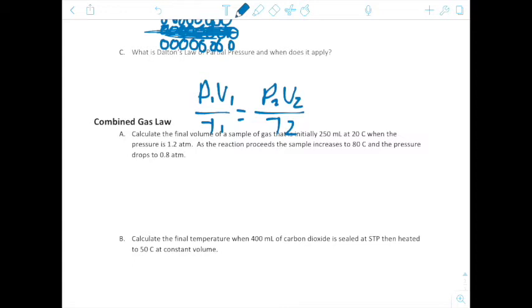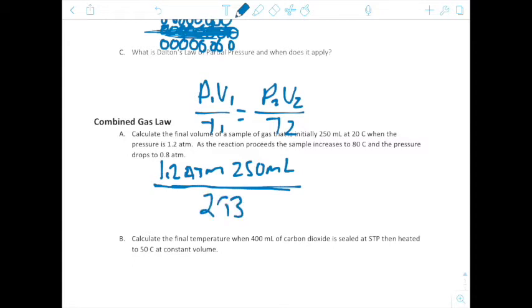And so what we would do is we have our initial pressure of 1.2 atmospheres, our initial volume of 250 milliliters, and our initial temperature of 20 degrees Celsius, but we convert that to Kelvin, which would be our 293 Kelvin, equals our new pressure, or P2, of 0.8 atmospheres, our V2, which we're solving for,